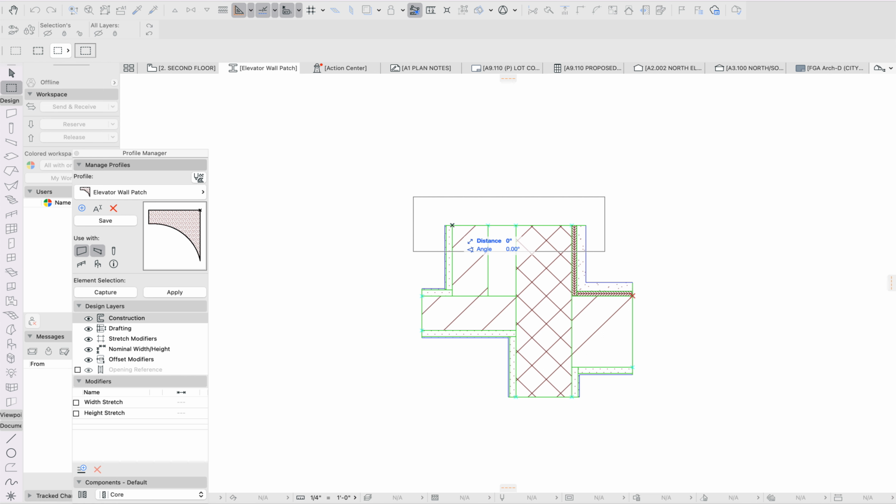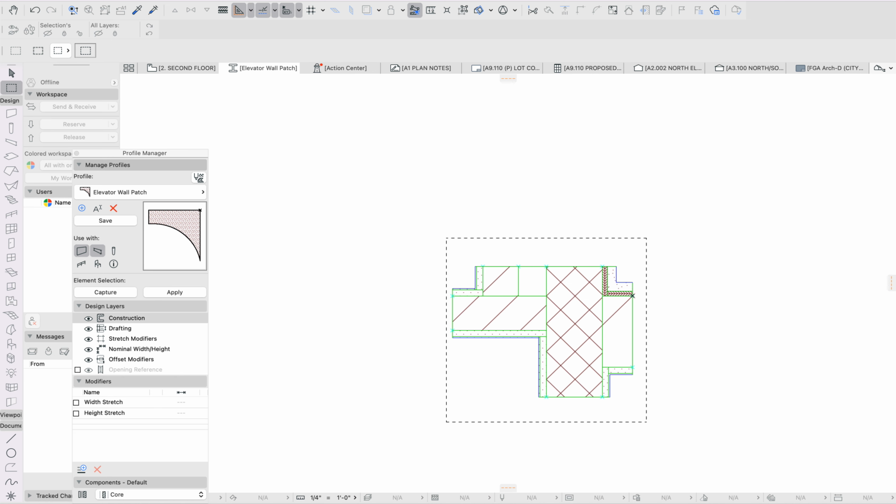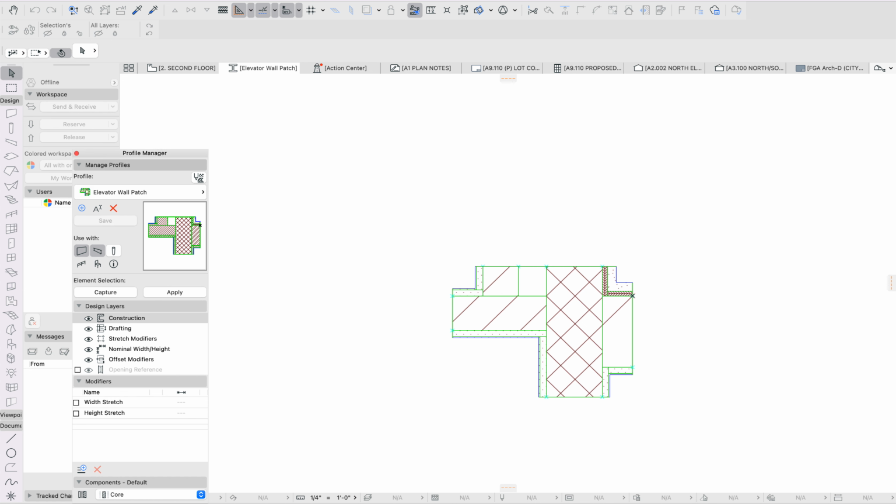In fact, let's just make them all 3 inches. Make sure that that fits here. Okay, there we go. Okay, so if we save that, allow it to be a column,